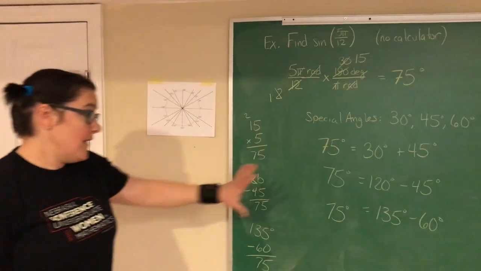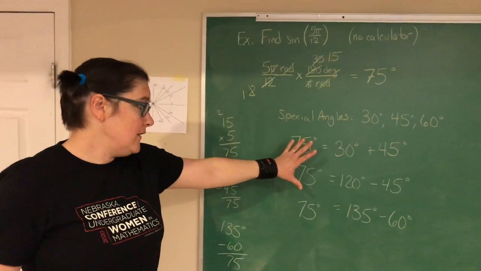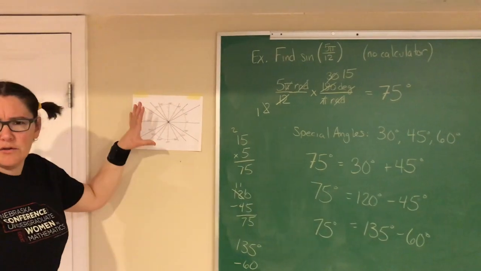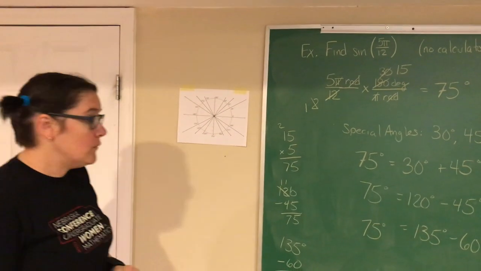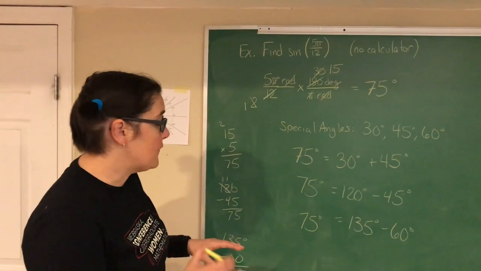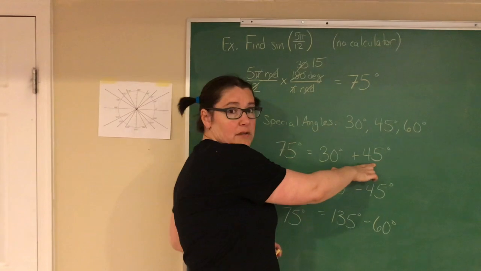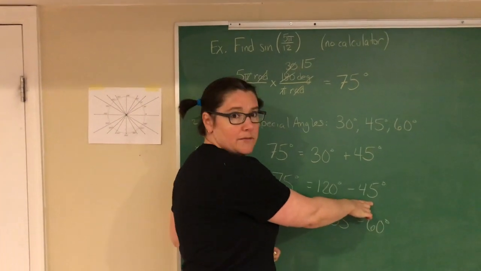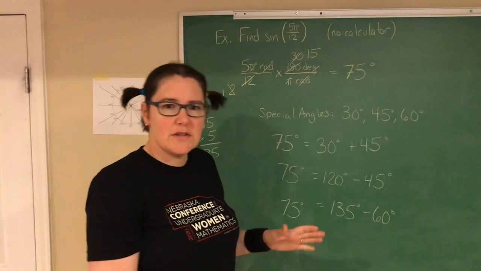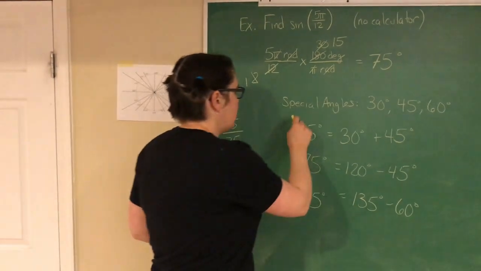Okay, so I've come up with 3 ways to add or subtract special angles, any of the angles on the unit circle, that will create 75 degrees. So I'm allowed to choose for my A and my B. I can either choose 30 and 45, 120 and 45, or 135 and 60. It doesn't matter which set you choose. I'm going to go with the first set